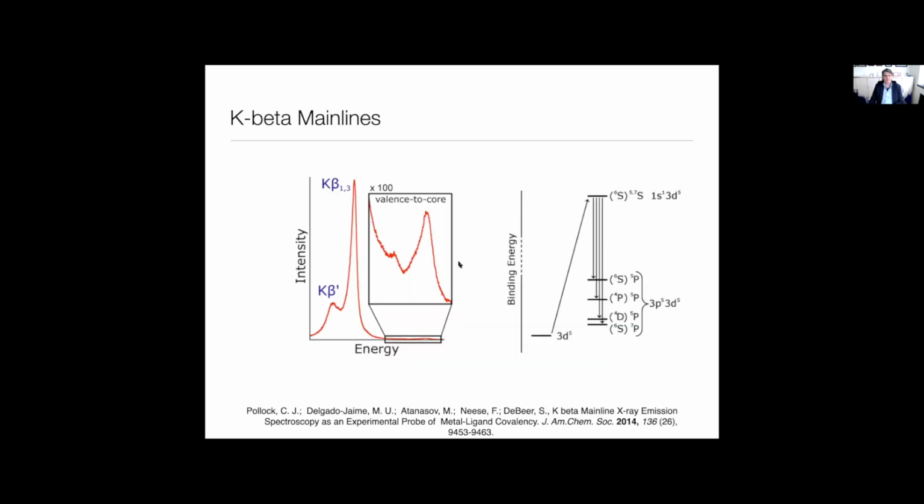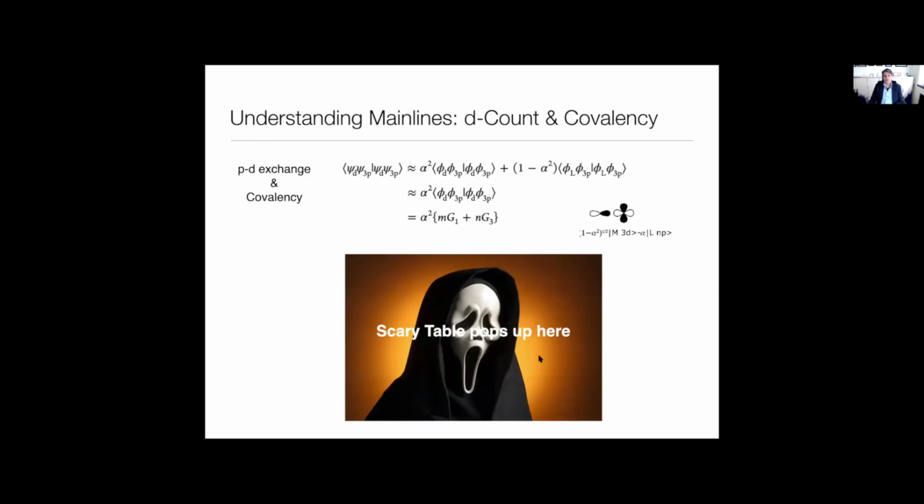Let me point out that this splitting between the K-beta 1,3 and the K-beta prime is mostly due to the exchange interaction between the partially filled p shell and the partially filled d shell, and that will become important. You can see that it is mostly this exchange integral, where you have electron 1 and electron 2, and here you have a d orbital and a 3p orbital, and a d orbital and a 3p orbital. Now the 3p orbitals are mostly pure metal p orbitals, but the d orbitals are diluted, so to say, with ligand character.